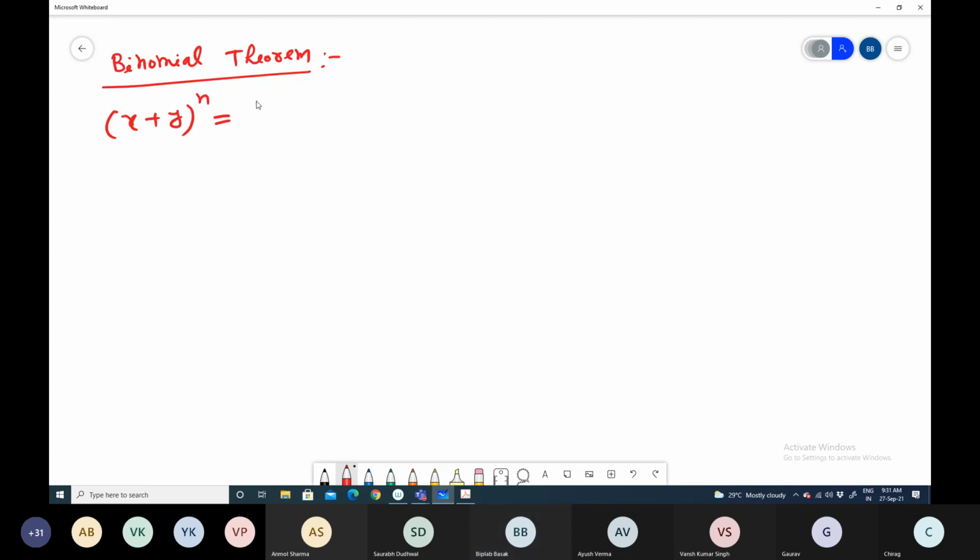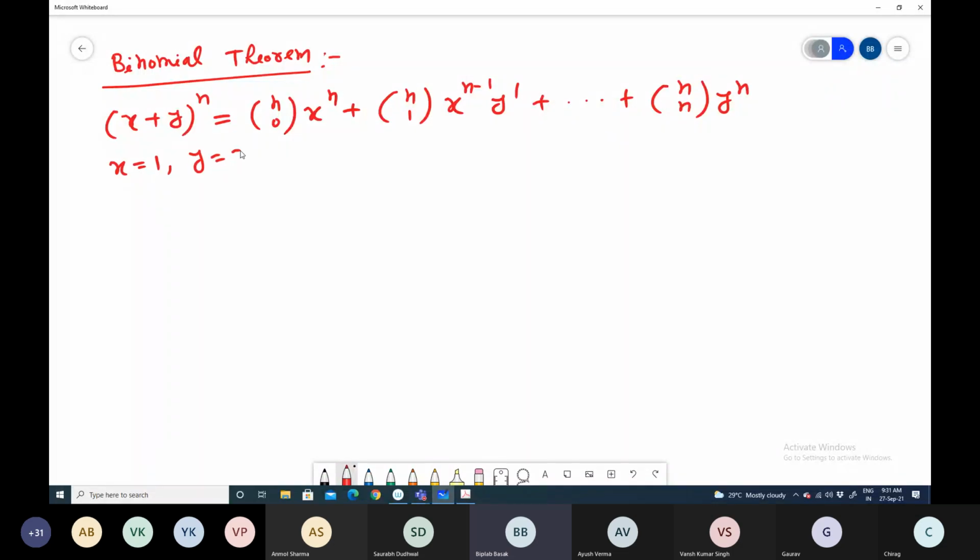It equals n choose 0 x^n plus n choose 1 x^(n minus 1) y^1, and in this way, the last term is n choose n y^n. So if you put x equal to 1 and y equal to minus 1,